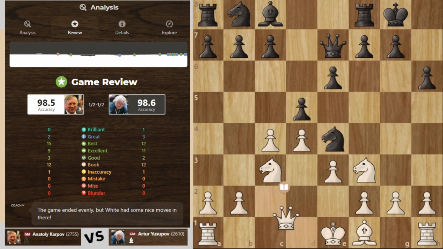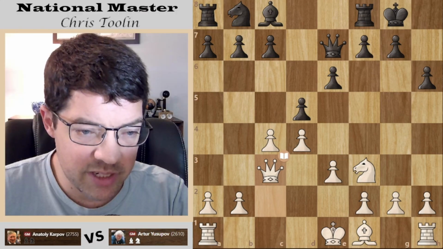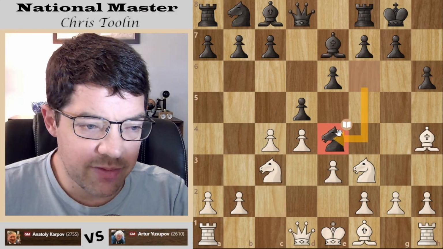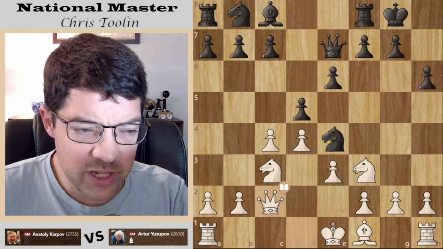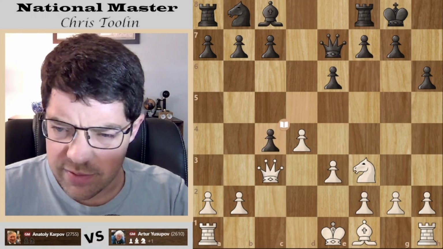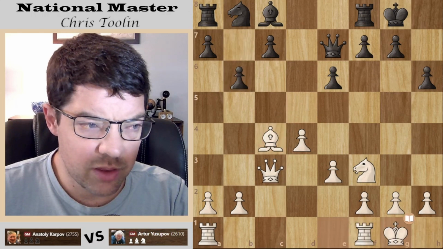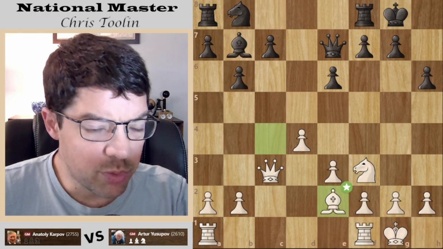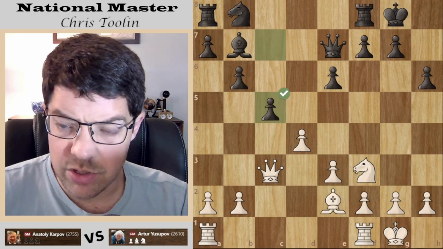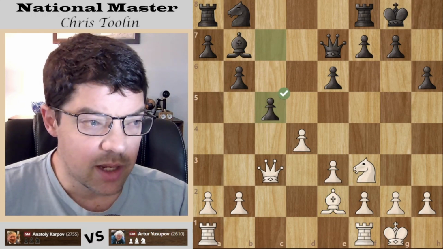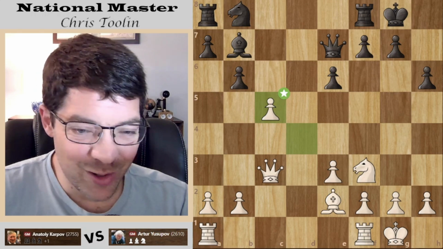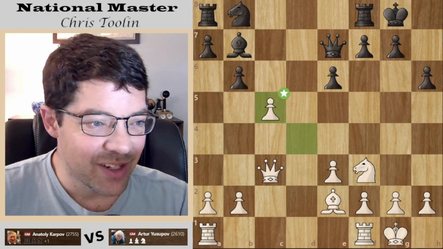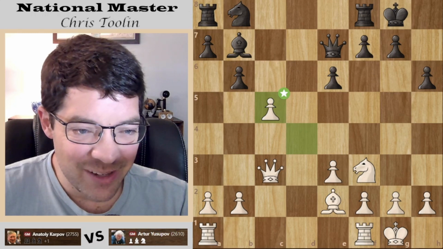And Yusupov playing one of his favorite openings here, this so-called Lasker defense. Queen's Gambit declined, but when you play knight e4 and just exchange these bishops, black really just holding tight, kind of in the way of the Petrov, so to speak, a solid approach with black. By the way, I should mention both players representing the Soviet Union here, so they are teammates in the Olympics and such, but so many strong players coming out of that Soviet Union that they're also bound to play each other a lot.